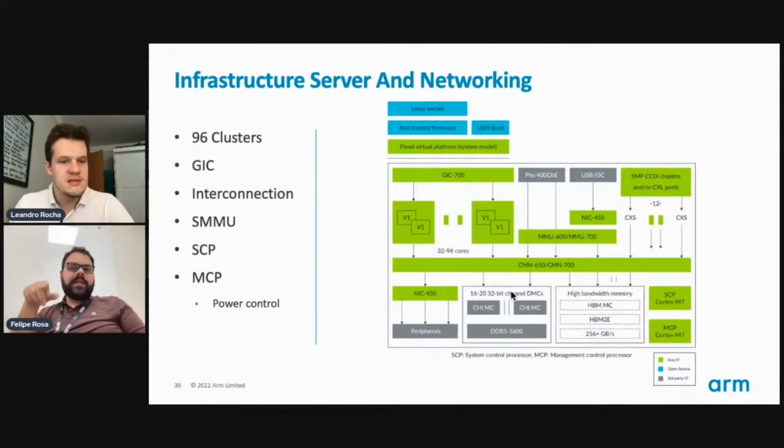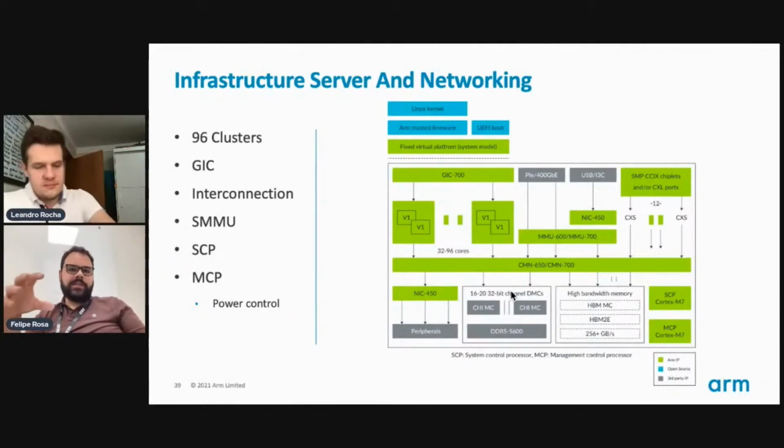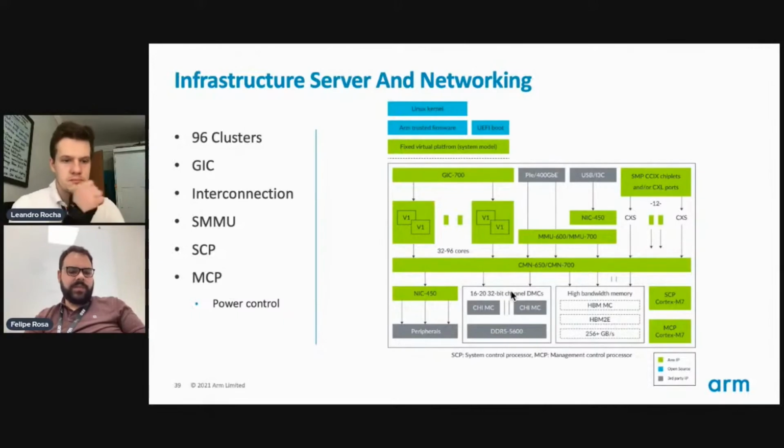So all in green are the things that we are modeling on the FVP nowadays. FVP is fixed virtual platforms, which are the binaries that you can get for free from the website. But we have a whole team inside ARM called Fast Models, which creates these C++ models. Usually we have all the ARM models plus some other models. We have a cache model that's our cache, but we don't have a DMC because we don't sell DMCs anymore. But we have a model for DMC and we have a model for Ethernet. I don't think we have a